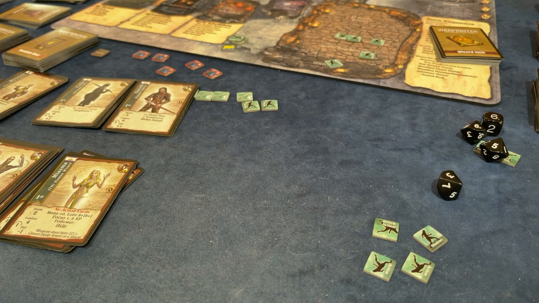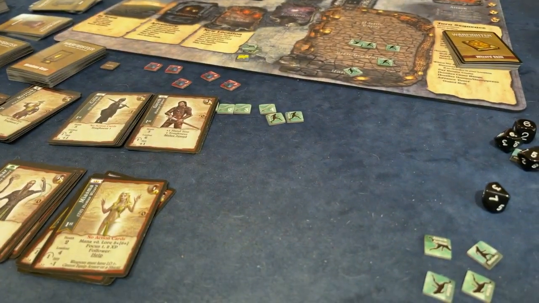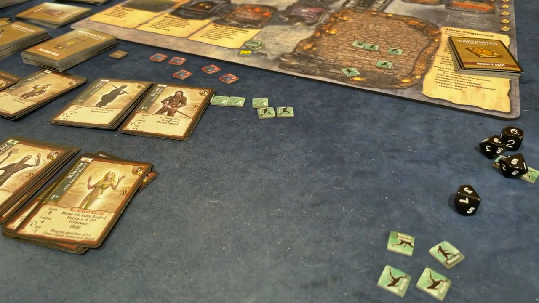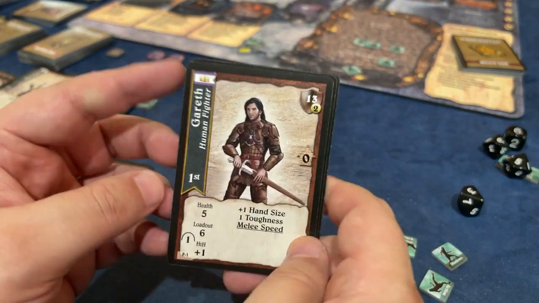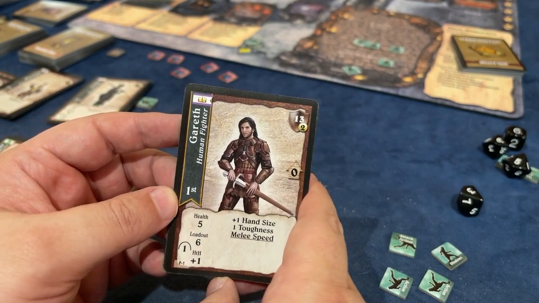Now, what is interesting is the fighter and the wizard. The fighter has a lot of fantastic skills, but they're expensive, meaning you eventually want them, but my gosh, it's going to be a long time before you actually get those skills. So let's talk fighter for a second. There is the fighter Gareth here. He comes with melee speed, which means he gets an extra action. So he'll be able to do 3 actions in a turn instead of 2, but you do have to spend